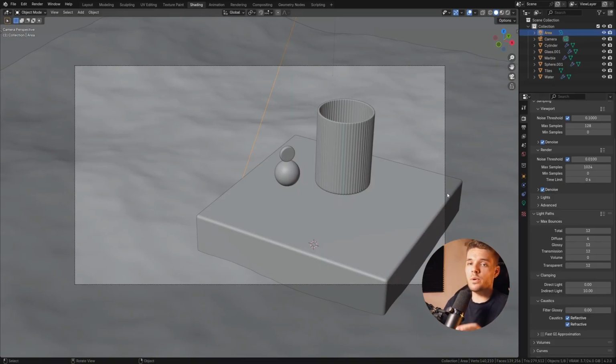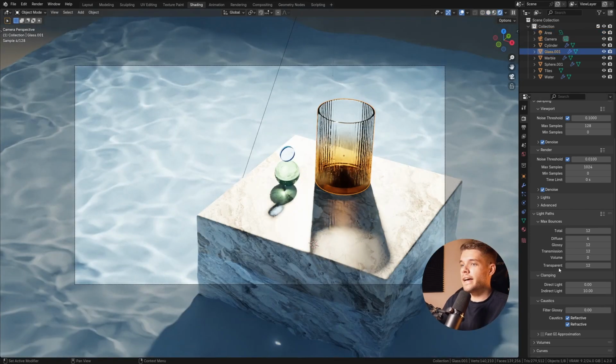Now, I believe there's an actual way to do caustics inside of Blender, and that's by going over to the render properties, clamping, and then changing this direct and indirect light and making sure you have these caustic settings on. Now, if we were to do that and use the right settings, I myself don't even know what they are, we could technically render this image here, which contains some glass objects like these, and have these caustics, which we can also see in action here and here and here, work properly as intended, but the render would probably take several hours to do one single frame,